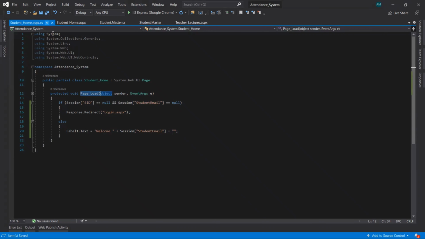So let's save it all. But now we have not implemented the student login, so by default it will redirect us to the login page. So let's run and see.